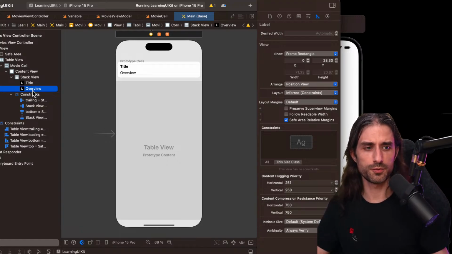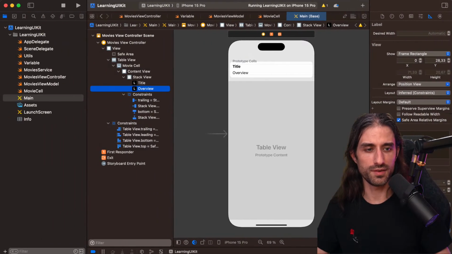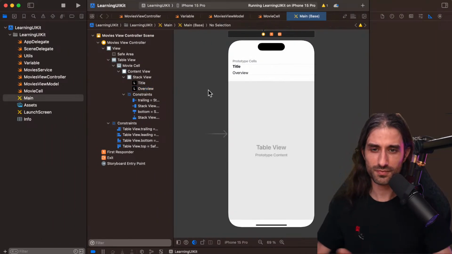This way, if there isn't enough space to display both, it's going to reduce the space of the overview. That's why I was saying that I'm not going into the details of how laying out views using constraints works, because you can easily spend 2 or 3 hours just trying to cover everything, and you will probably have missed things by trying to do so.